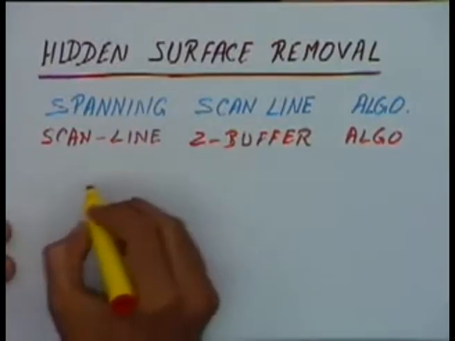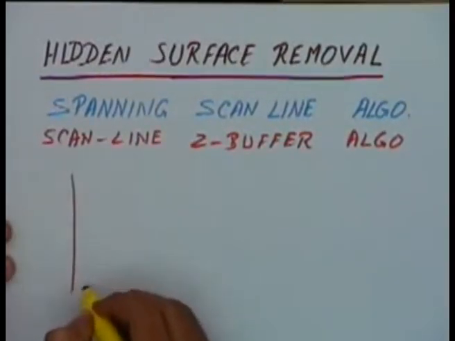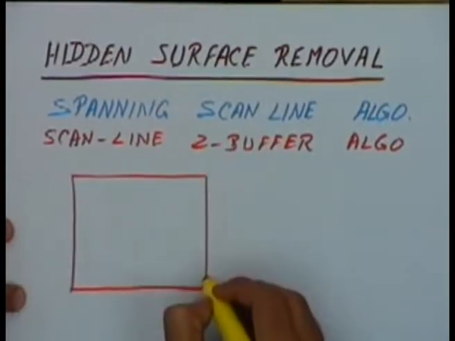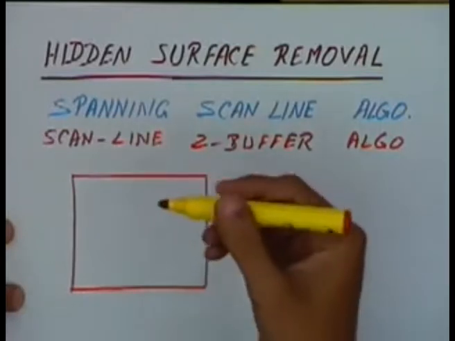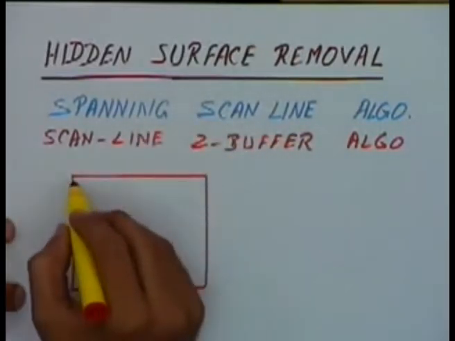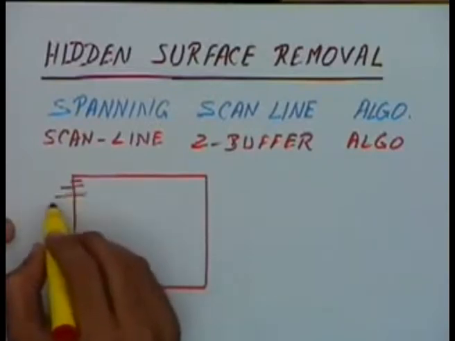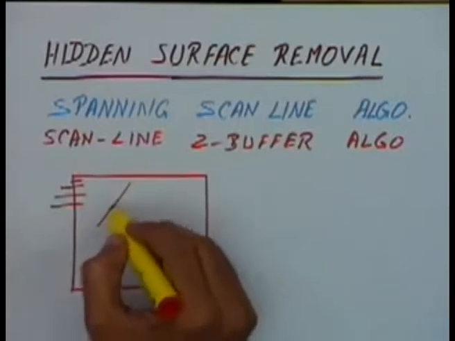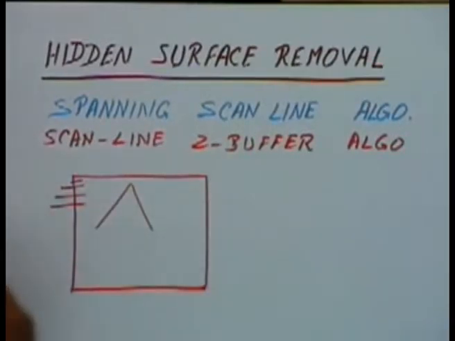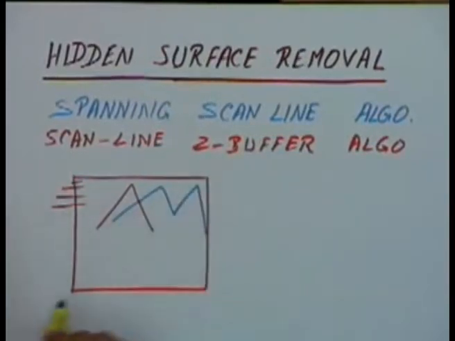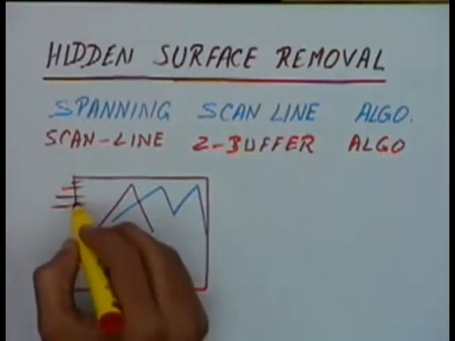In the scanline Z buffer algorithm, we've seen that if this is our screen, then we'll cover the screen row by row. We'll first take the first row of pixels, then the next row of pixels, and so on. And then at each row of pixels, we'll consider all the polygons that are intersecting that row of pixels. So if we have a set of polygons like this, then at each row, let's say at this row,